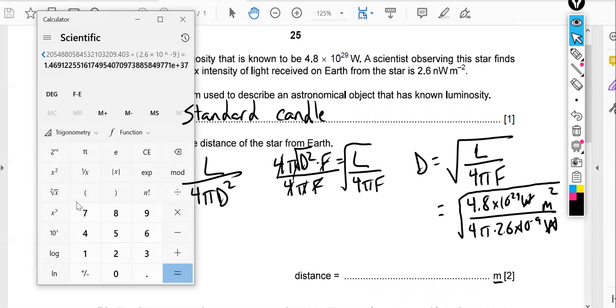And so this is what we get under the radical. We still got to take the square root. A convenient way to take a square root is to raise something to the 1/2 power. If I raise it to the 0.5 power, that's the same thing as taking a square root. Equals, and I get a final answer of,